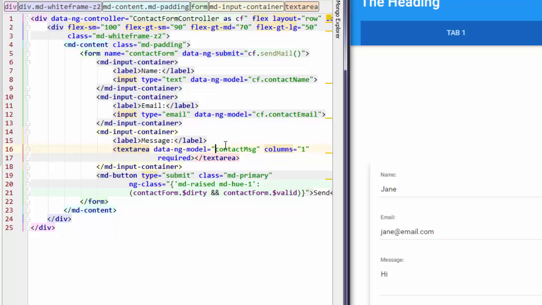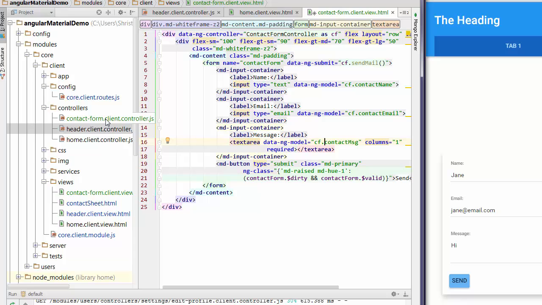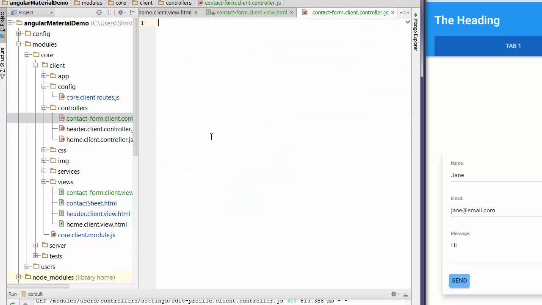This is a good habit to get into because it looks like Angular 2 is going to help you build on some of these kind of principles as well. Okay, so that's good. Now I need a controller. I have added a blank controller file over here. Nothing in it at the moment, but this will fill up pretty quickly.